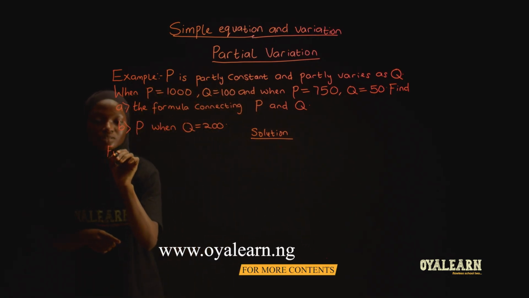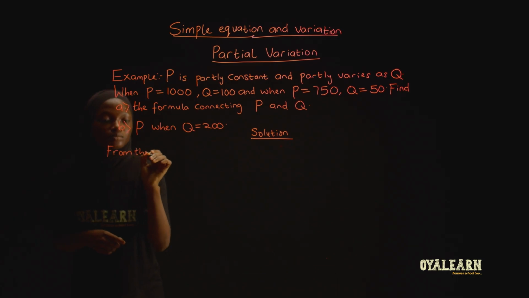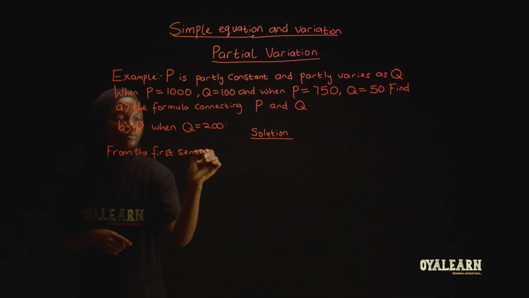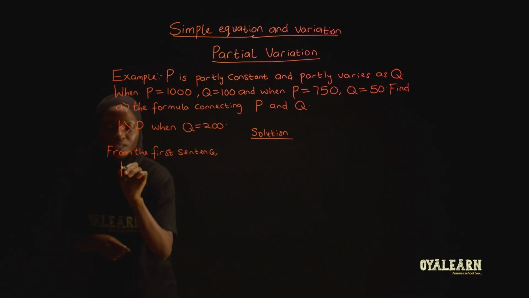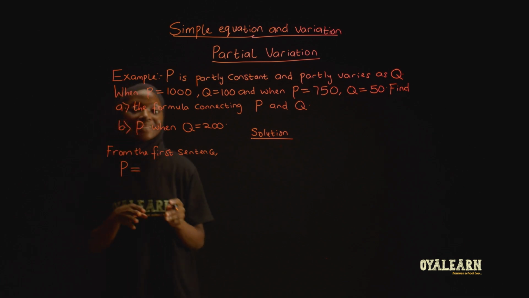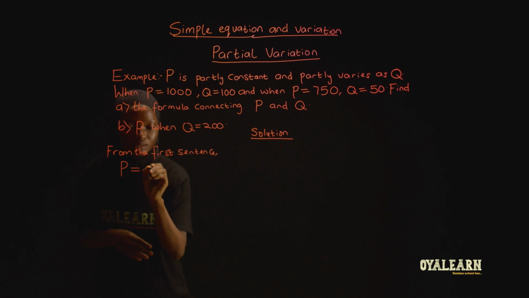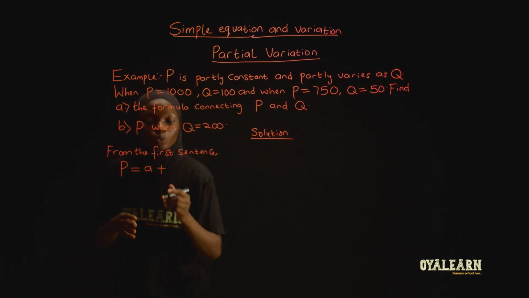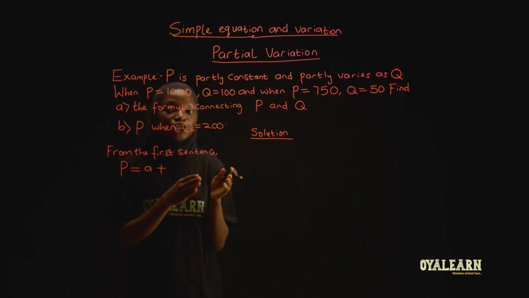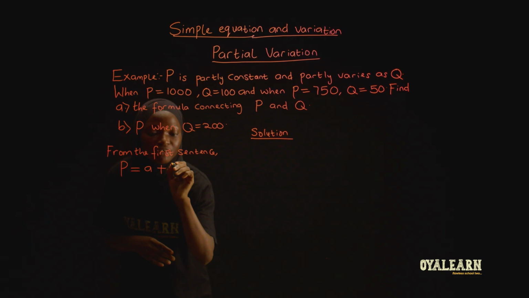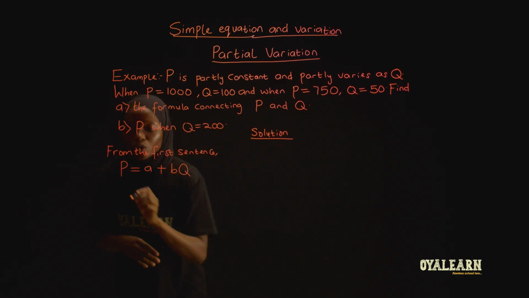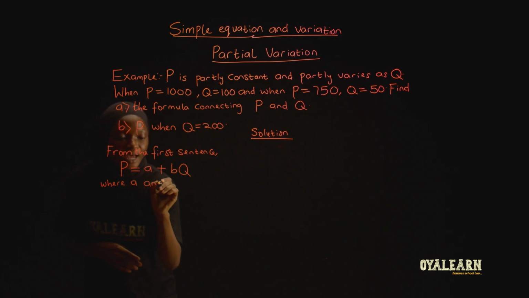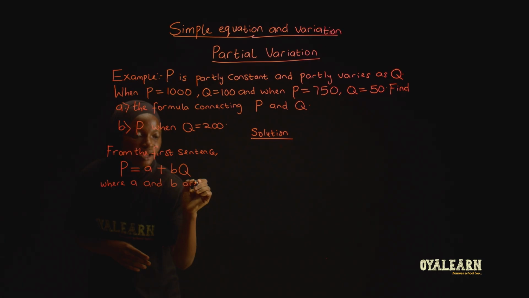From the first sentence, we have P equal to partly constant. Let's choose the constant A for that, plus partly varies as Q. So the constant for that variation to Q, we use B. So we have BQ, where A and B are